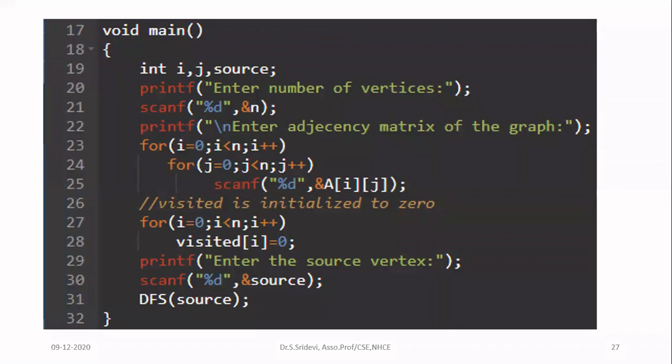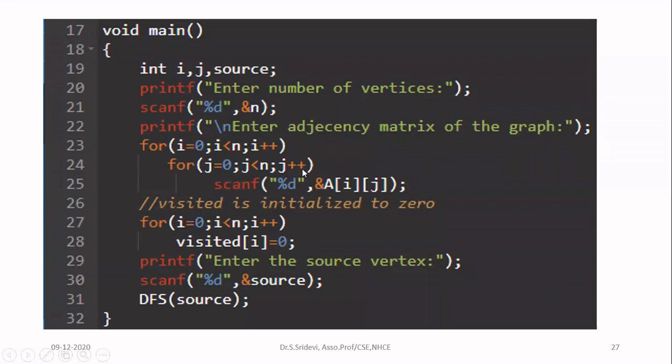Since it is a 2D matrix, I am going to use two for loops. The outer for loop is for the number of rows and the inner for loop is for the number of columns, so I have n rows and n columns. I'm starting with for i is equal to 0, i less than n, i plus plus. Since we are getting the elements of the array here, don't start with 1. You have to start with 0 only, because in C programming, our array index starts with 0. Then the inner for loop is for the column: for j is equal to 0, j less than n, j plus plus.